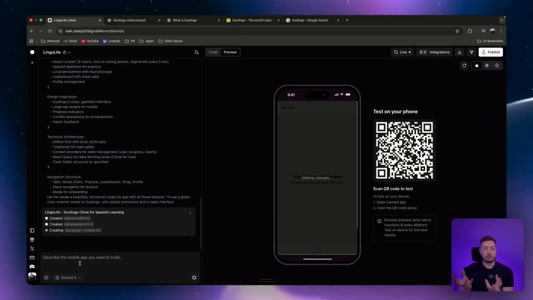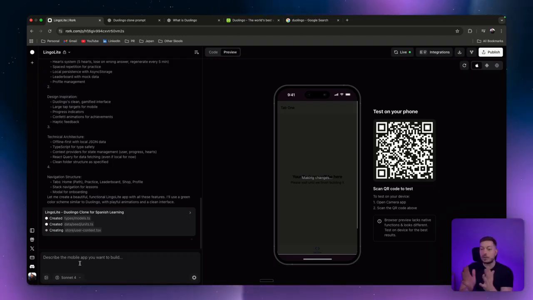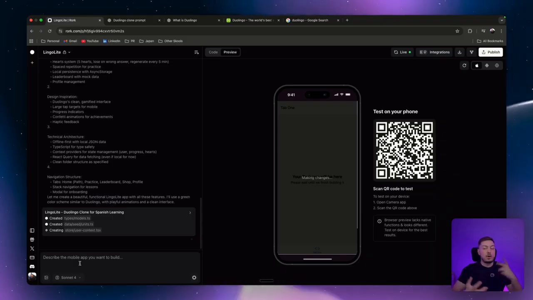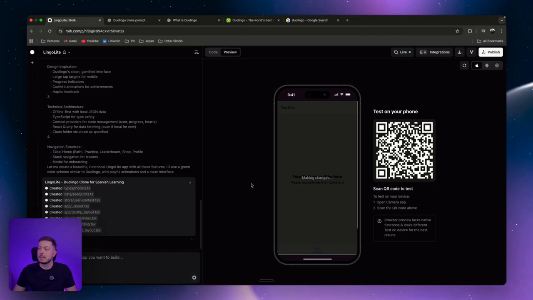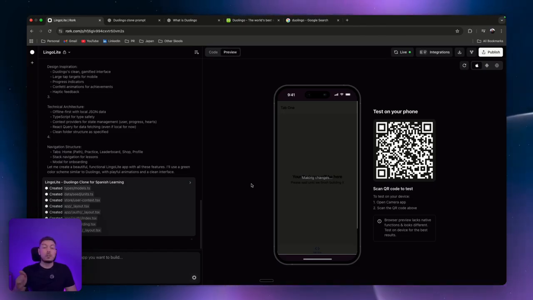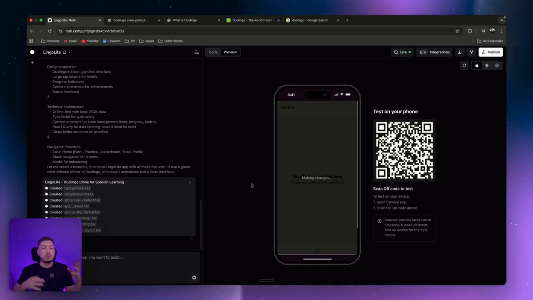The first version of this Duolingo clone, which we've called Lingo-lite. And then we're going to look at how it looks, and we can go from there and start iterating. So while this loads up and while Rork's operating and the AI is building out the code, one of the things I want to just bring to your attention, and I think it's one of the things people don't focus